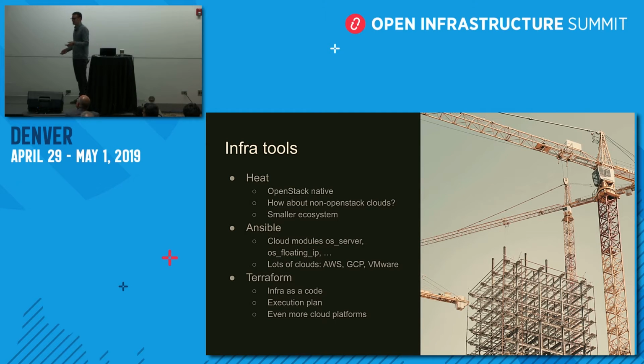Well, we are at the OpenStack Summit, so we'll start with the OpenStack tool first, which is Heat, to set up the infrastructure. OpenStack Heat has been around for a very long time. It's OpenStack native. It's available in almost every single OpenStack cloud. Even public cloud providers have it. But that doesn't really help you for non-OpenStack clouds. If you want to do multi-clouds between AWS and your private cloud, well, Heat will not help you for AWS. So this could be a downside there.